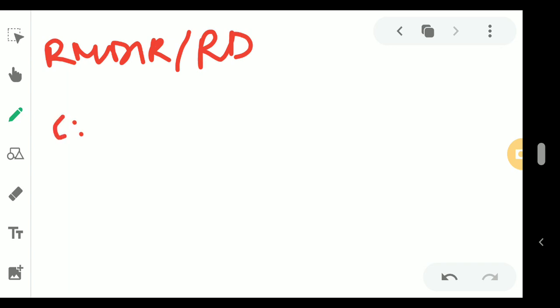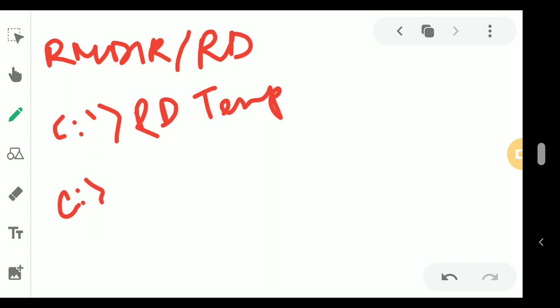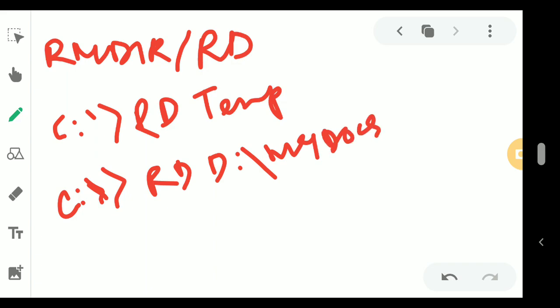So C colon, rd, then temp. Suppose I have created a temporary directory that I want to delete. Or else you can give a location also: rd in the D drive, under my docs, the directory that I want to delete, and it will delete it.